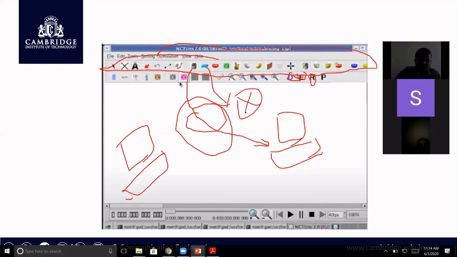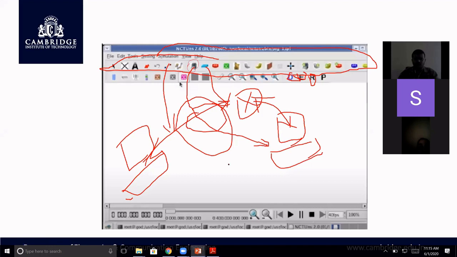You can take a wire, use this one for a wire, and connect these two. So virtually, you are connecting two computers to understand the behavior of the particular design. That's the reason you have this NCTNS tool.